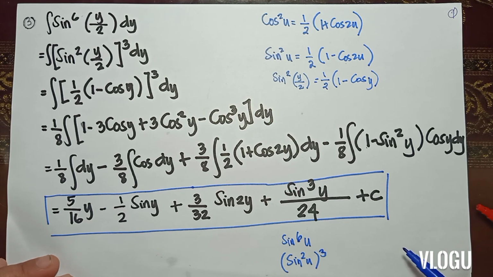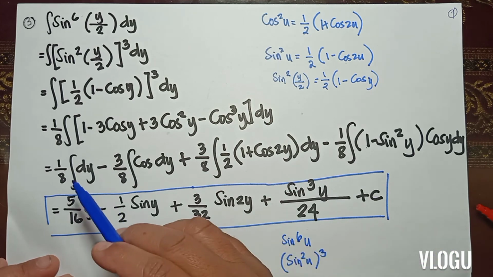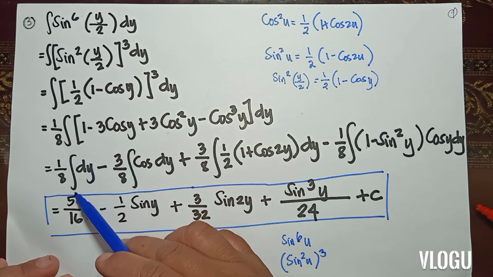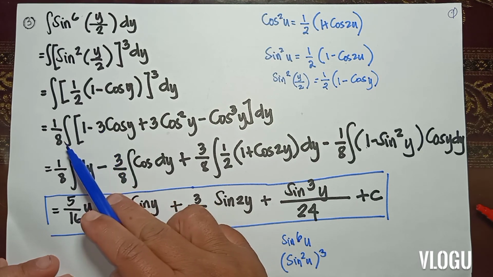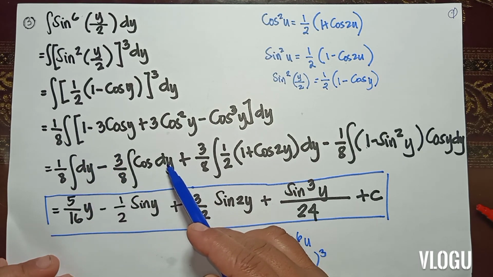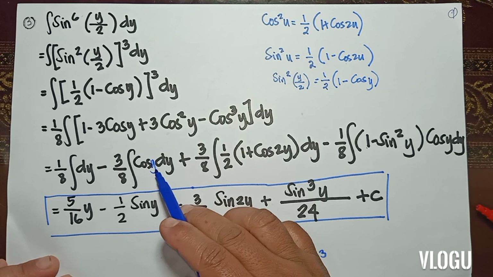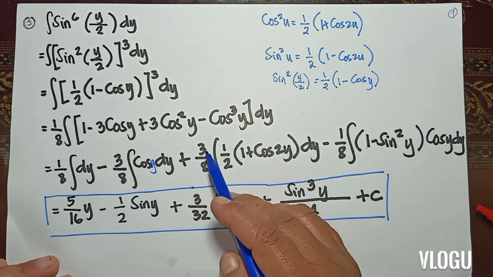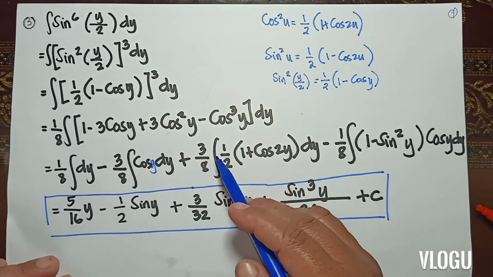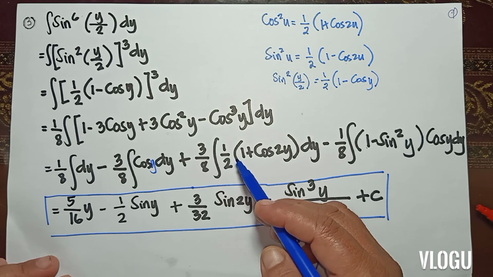So we will have 1/8 integral of dy minus 3 over 8 cosine y dy plus 3 over 8, multiplied by 1/8, 3 over 8 times,